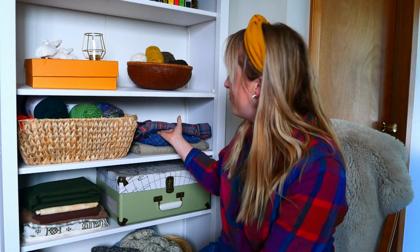Alright, so I don't have any finished projects for sewing because I've just been putting all of my time and energy on finishing that Marseille sweater and making some more hats, but I did acquire some more fabric in case you're interested. So first of all,